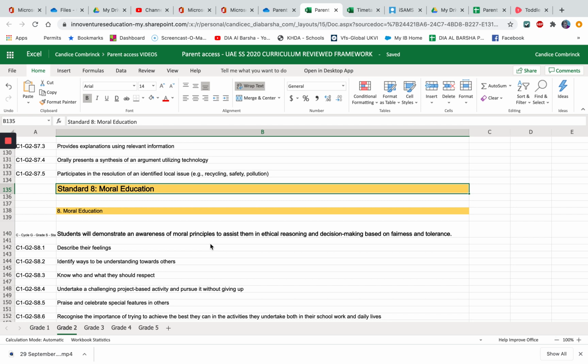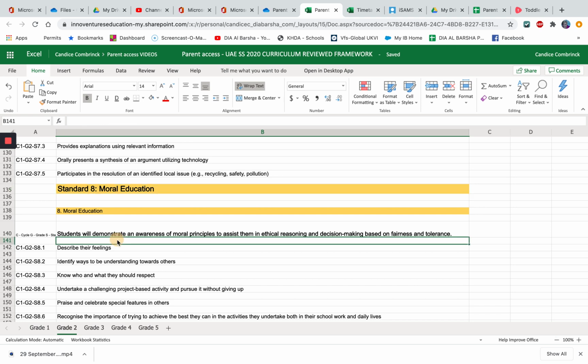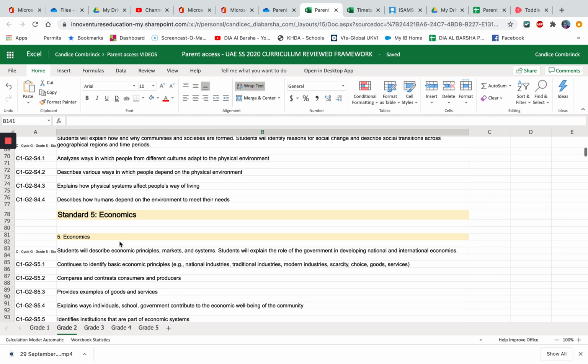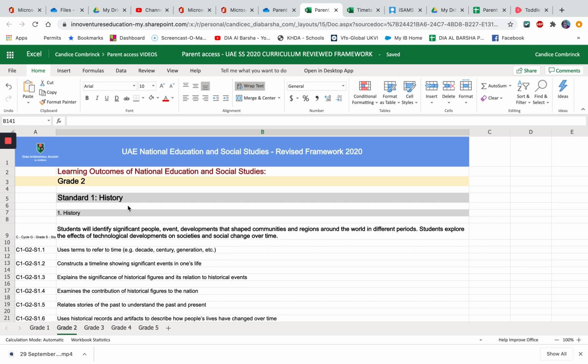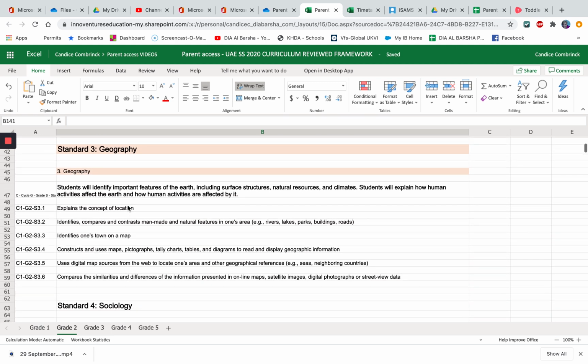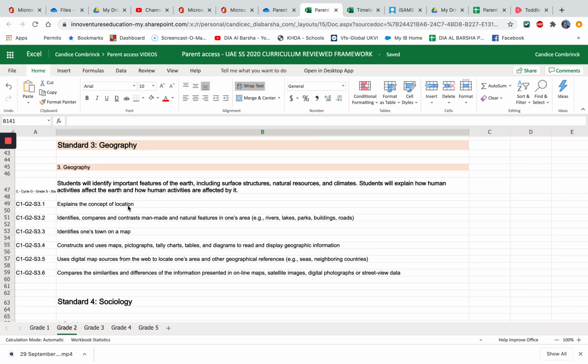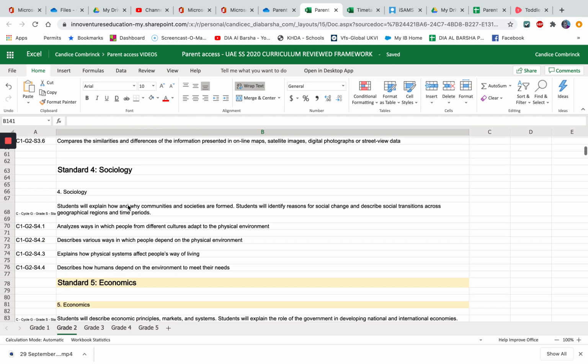That makes it super easy and far more fun for us because we can link it to our units of inquiry. It might mean that we have to jumble these up a little bit. If they've told us to start with, for example, history, we could start off with geography if we wish to, because we might be looking at something related to geography in our units of inquiry. They want schools to test this out for a year to see how best they can make authentic links in their curriculum.